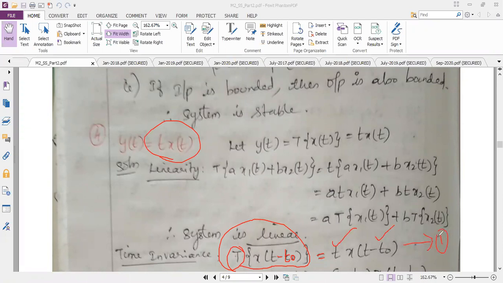But my next step, as you all know very well, is writing y of t minus t naught. Here there is no operator T. If I write y of t minus t naught, then on my right hand side, wherever t is there, everywhere I have to write t minus t naught. So that is the difference between the operator T and just y of t minus t naught. So it is x of t minus t naught. Now can you keep this as equation 2 in your notebook? Now compare equations 1 and 2. Is the right hand side matching? Is it matching?